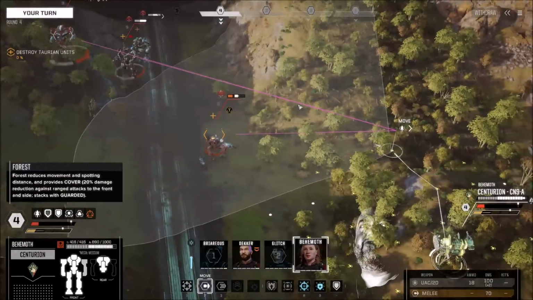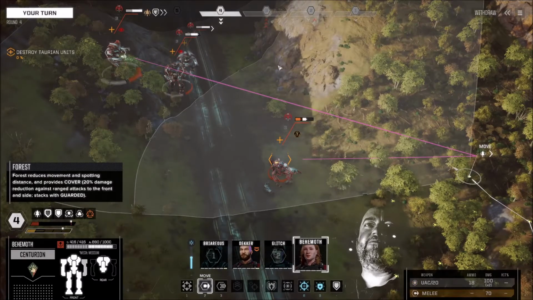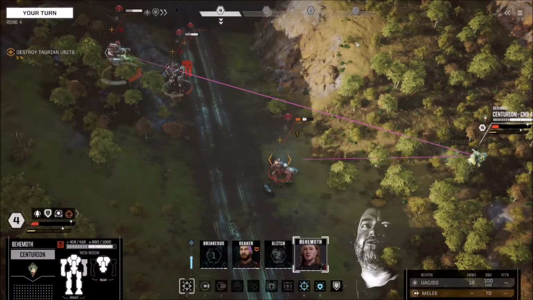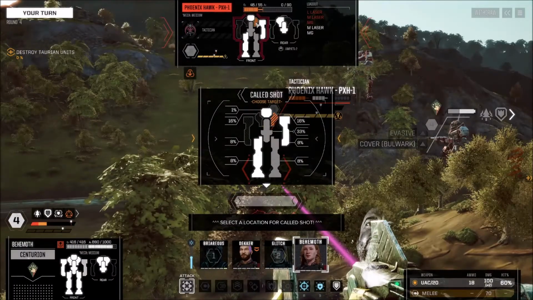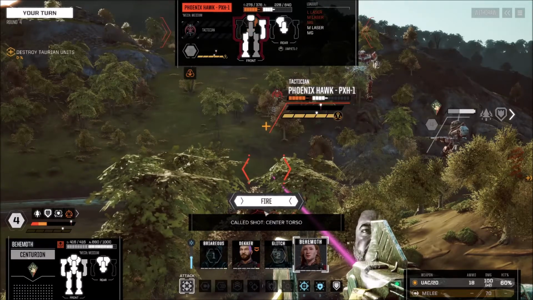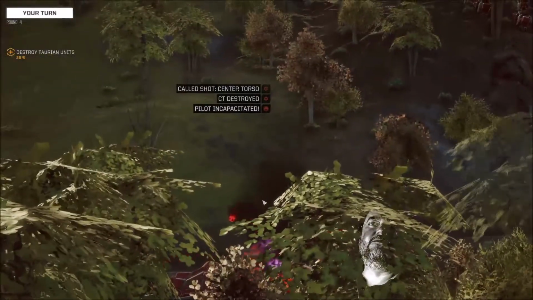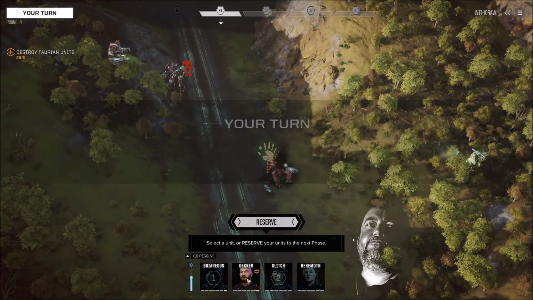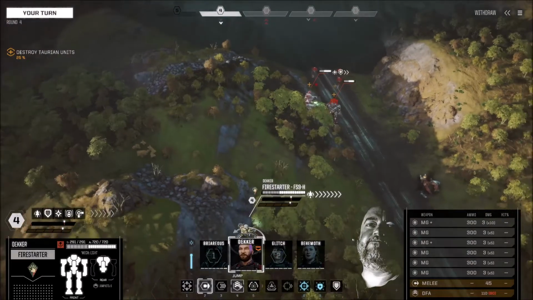Yeah, I've got pretty bad shots on the Black Knight here, but I should be able to get some hits in on the Phoenix Hawk on my way. And yeah, one shot to the sensor torso, he's gonna die if this hits. And now we can get Decker diametrically opposite the